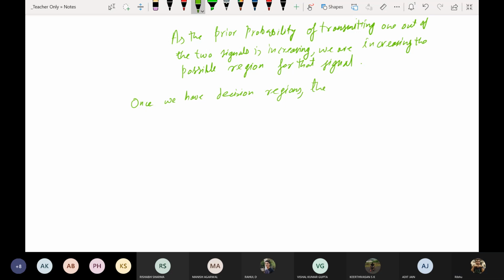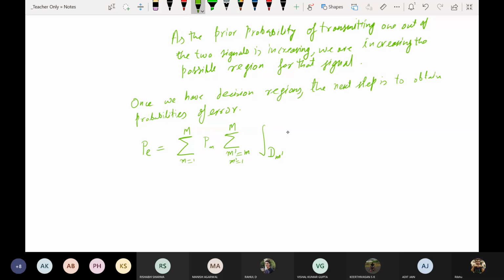the next step is to obtain the probability of error: the sum over m equal to 1 to capital M of P_m times the summation over m prime not equal to m, m prime equal to 1 to capital M. This beast. But in the present antipodal case,